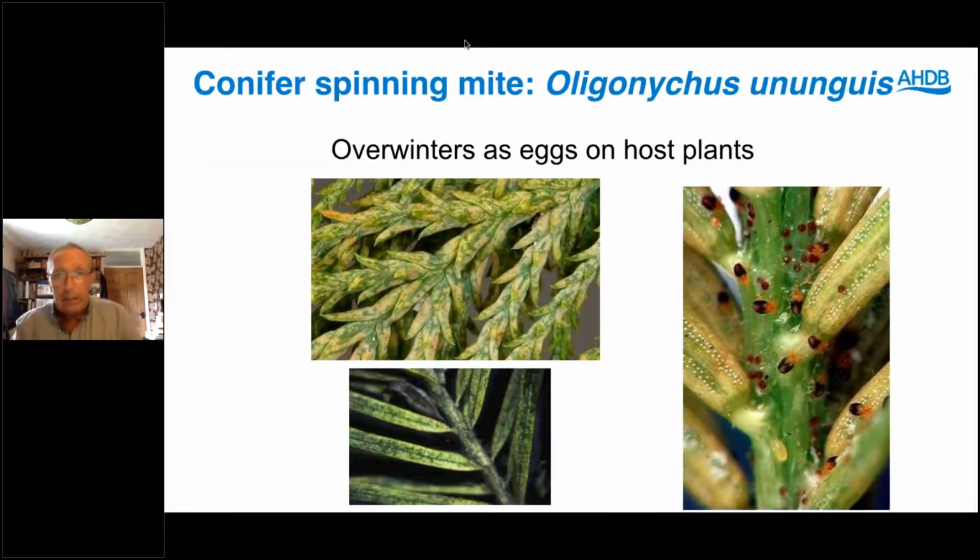Another genus, the Oligonychus. Now this is another specific citrus conifer plant. That's the conifer spinning mite, its common name. It spends its entire life on that particular host plant. It is becoming a nuisance on ornamentals, particularly like Cupressus, which the spider mite can find its